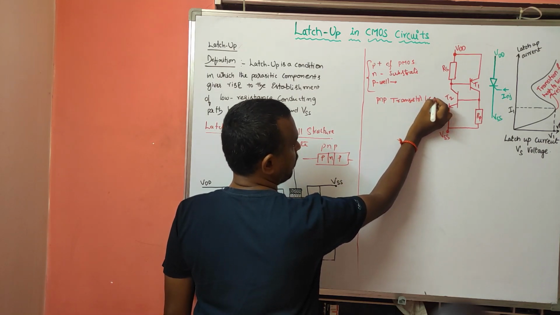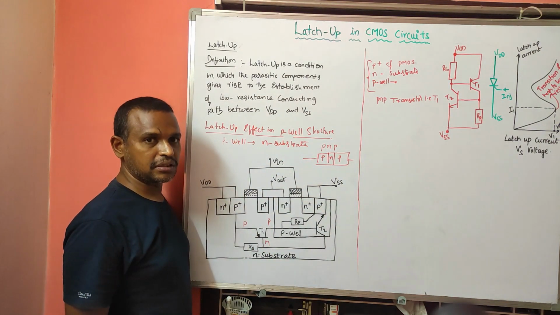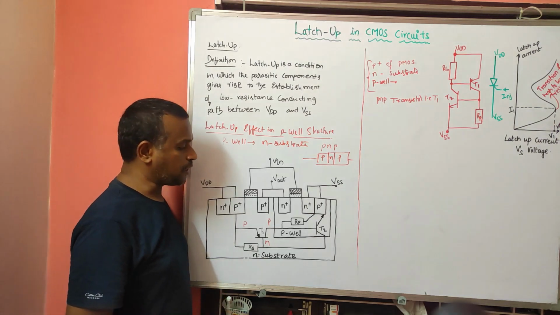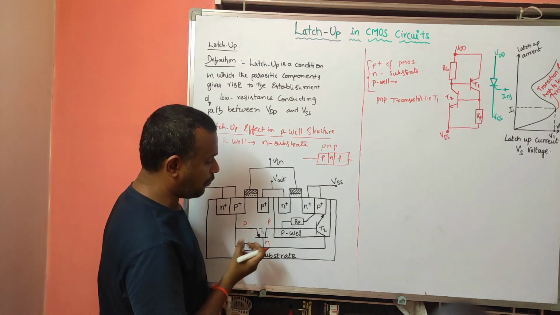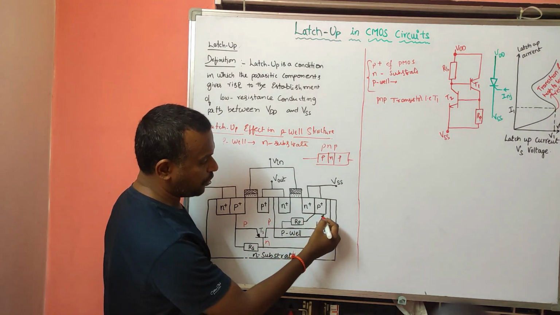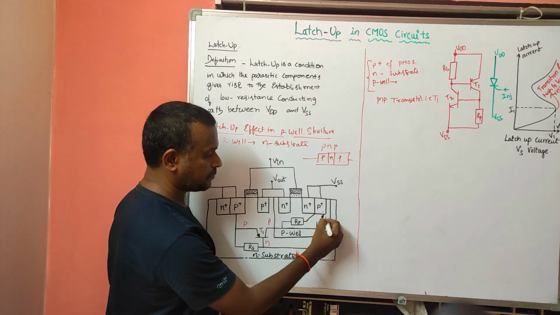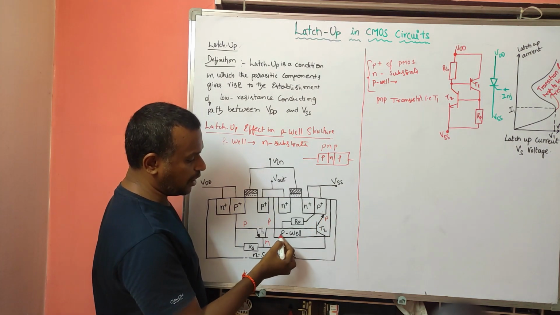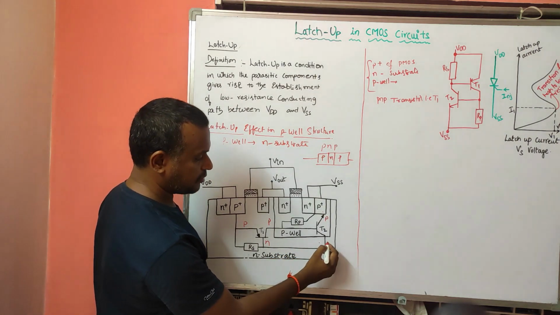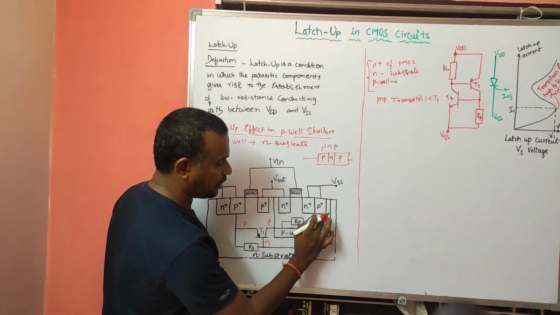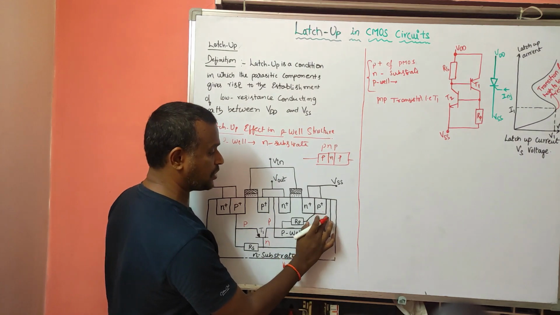That is T1. So these three will form the T1 transistor, that is a PNP transistor. Now I have another transistor here. How will it form? If you observe, here it is P, here it is P. Again here this one is N, this one is N. Actually here it will be formed with this N plus, so it is N,